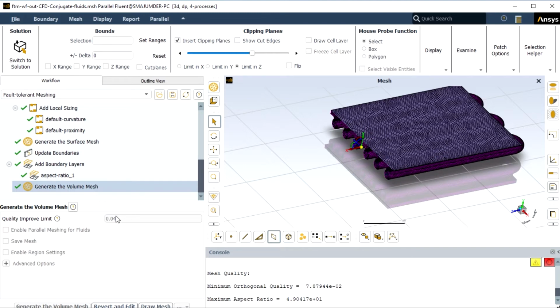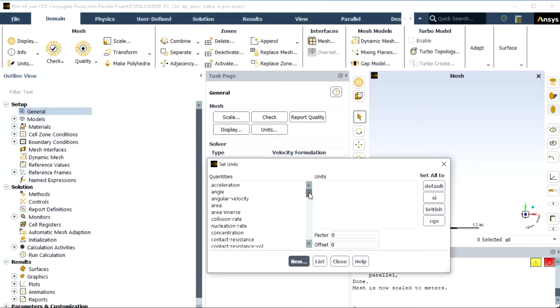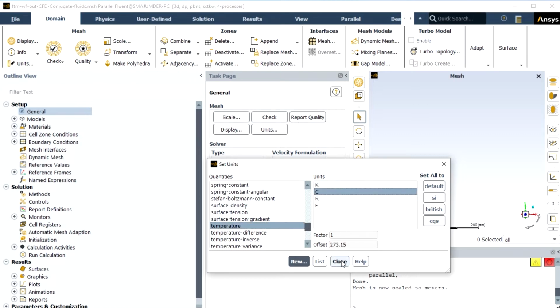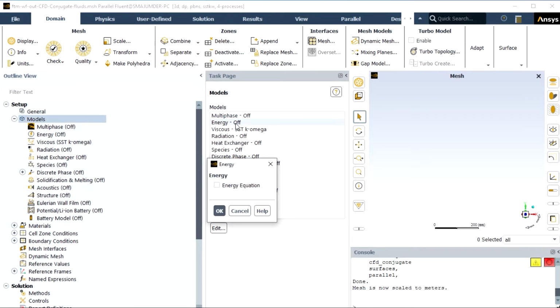So next to that, I'm going to switch into solution mode. At initial stage of solution mode, we need to define the units. Let us consider length to be as millimeter, and temperature will be considering as degrees Celsius. Let us close it. It is a steady state analysis. Next to that, we need to select models, and as it is a heat transfer problem, so energy equation should be on,